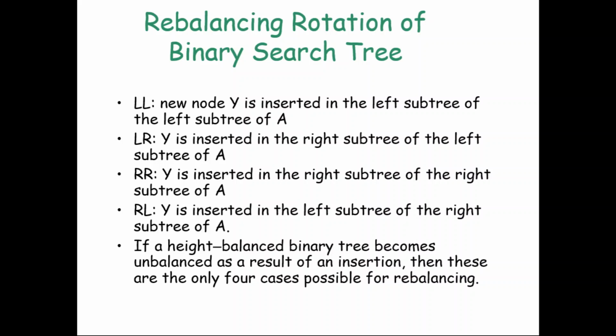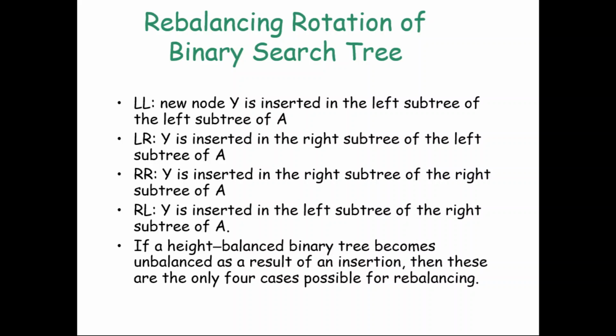Welcome. So we are discussing AVL trees. AVL trees are self-balancing binary trees. That is, after performing insertion, if the tree gets unbalanced, then we perform certain rotations to ensure that the tree gets balanced once again. Once insertion is done, you have to immediately calculate the balance factor for every node.